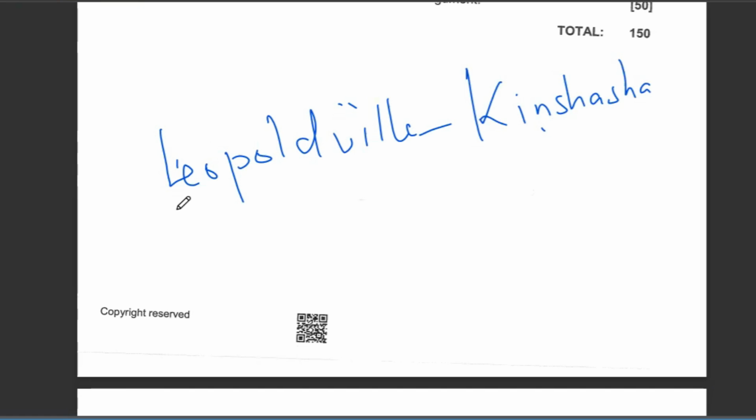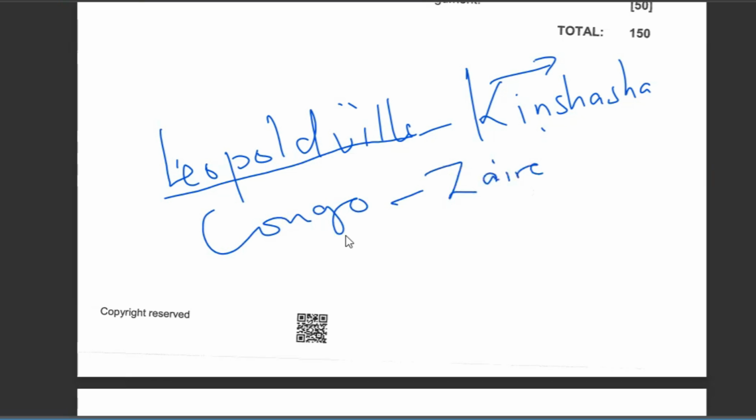That was the move that he made to change the name of the major city, the capital city of the country, from Leopoldville. We are worshiping the whites here. We are worshiping King Leopold, who's Belgian. We should make this authentic because it's not genuine. Let's make it Kinshasa, which is more authentic, which is more African. And also the name of the country itself, remember it was called Congo. He renamed it to Zaire, which is more authentic.